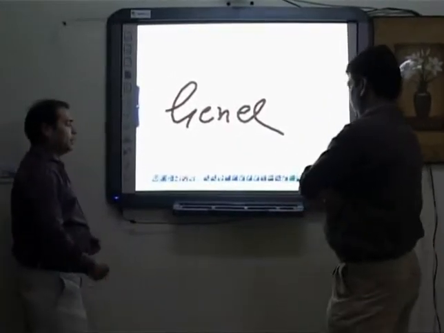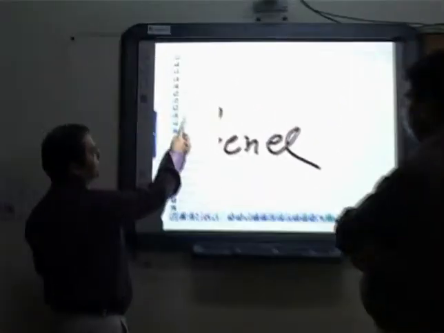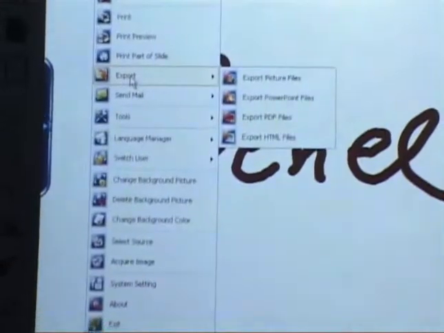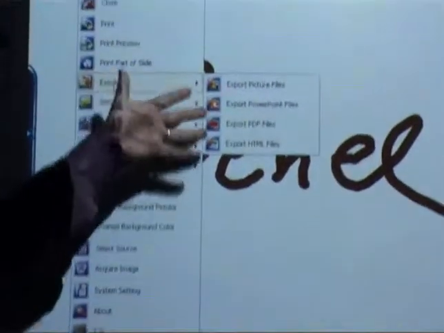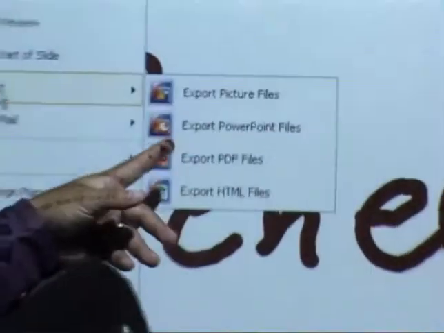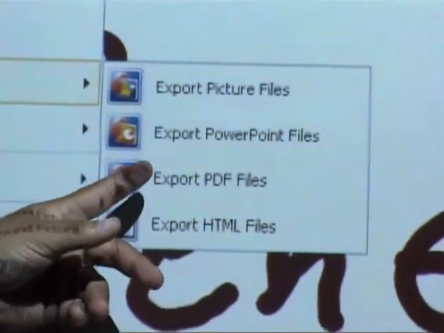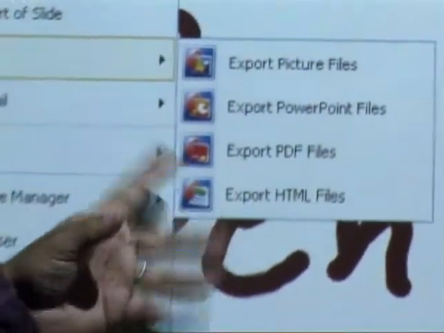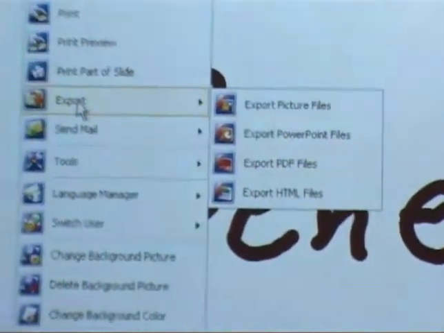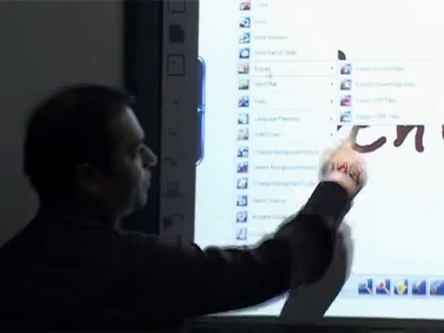Oh, great. And the main thing is there's an export feature. Suppose you want to send this file by Outlook Express, then you can export all the data into a format like a JPEG file, bitmap, or you can directly send all data into a PowerPoint file. All picture formats are there? Yeah, like picture, JPEG and bitmap. PDF attachment is also there.